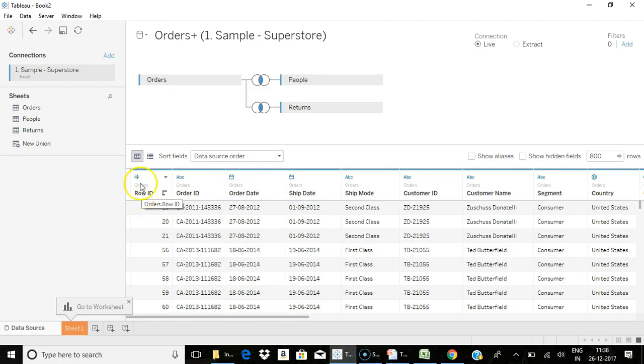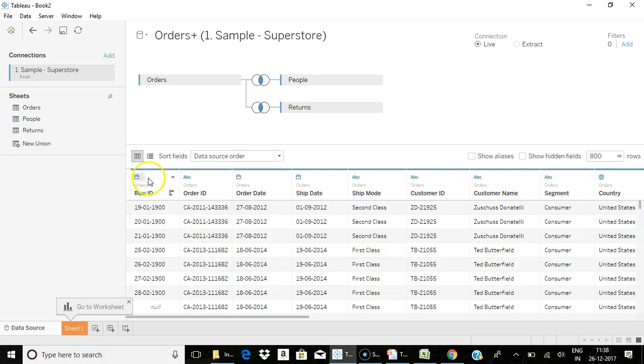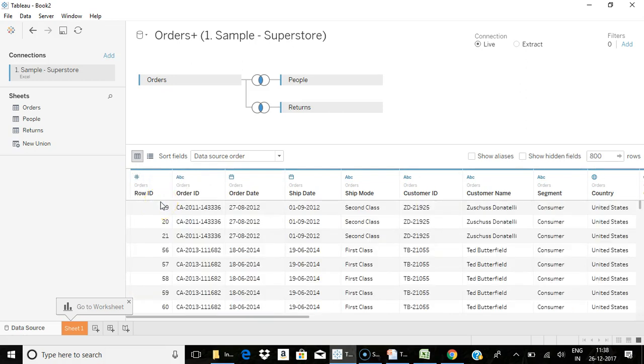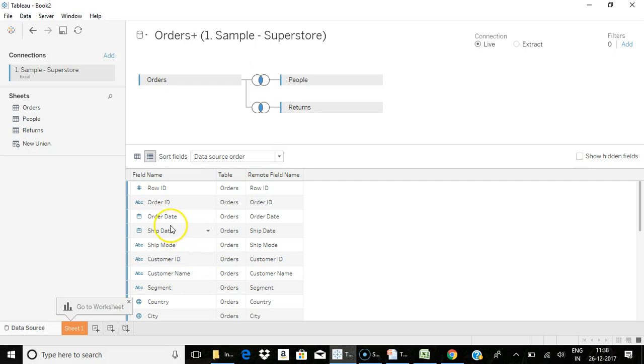For example, Row ID is a numerical value, denoted by the numerical symbol hash. In case I want to switch from one data type to another, I can easily switch to any other appropriate data type, and you can again resume back to your old data type. So changing from one data type to another is very easy in Tableau. Your second tab gives you the metadata information, that is, which table and which schema each column is representing. You can also arrange your columns in ascending or descending order.